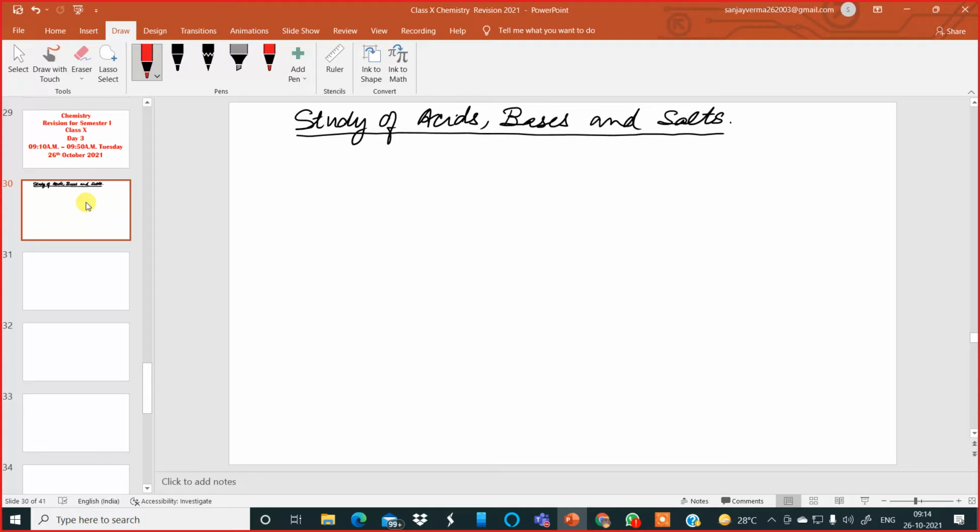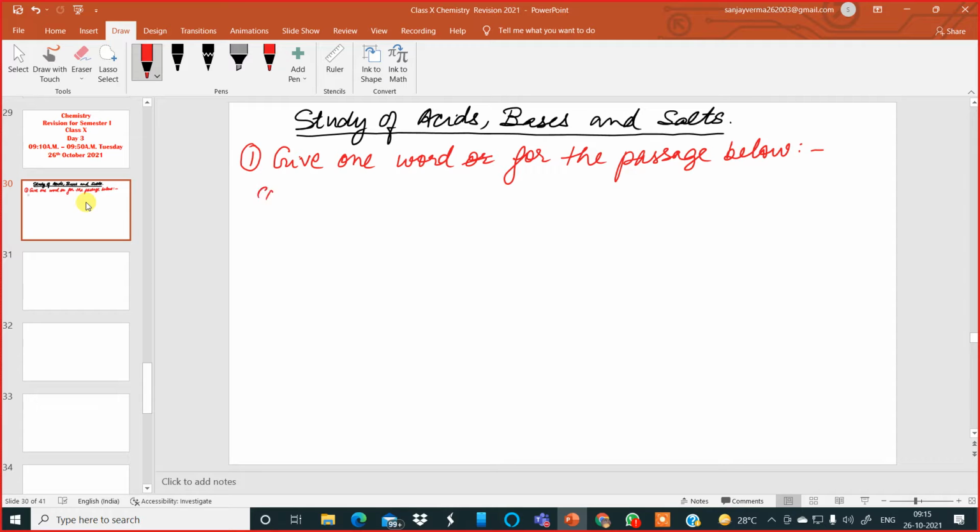The first question, number one: give one word, or you can say phrase, I think word is sufficient, one word for the passage below. Now the passage is like this: